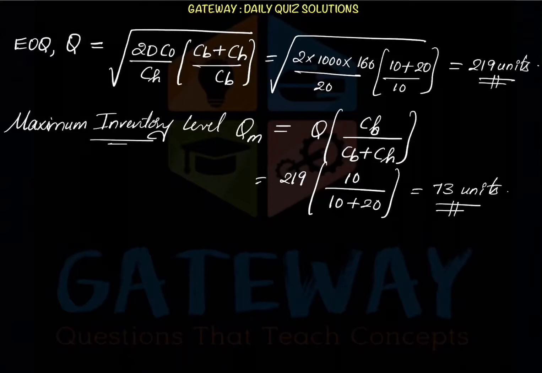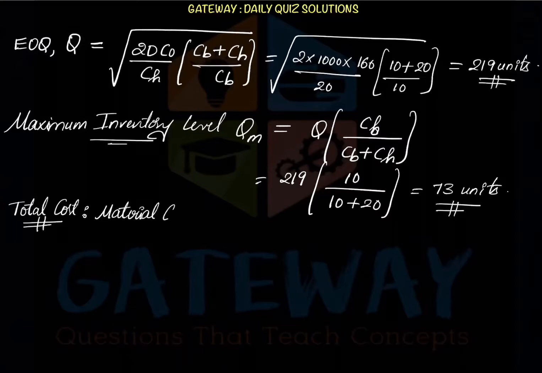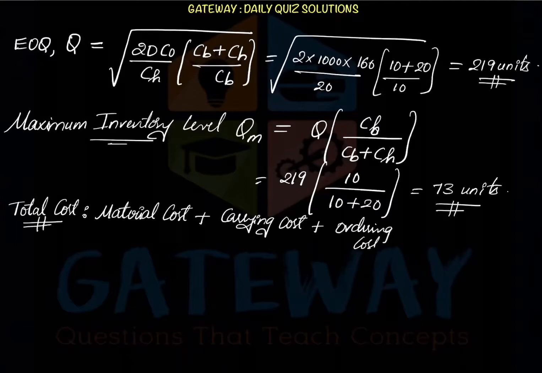Now we'll calculate what will be the total cost if we are maintaining this maximum inventory level. So the total cost. Generally the total cost involves four types of cost here. One is the material cost, so we'll be purchasing our raw material, right? That is the material cost, plus carrying cost. So what will be the carrying cost? And other will be the ordering cost. Even for placing an order there is some cost involved, that is the ordering cost, plus shortage cost. If there is a shortage, then it is a loss to a company, so that will be accompanied like a